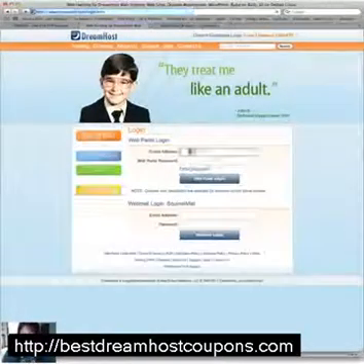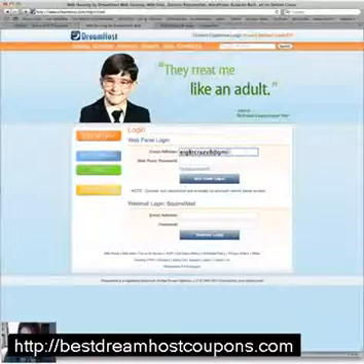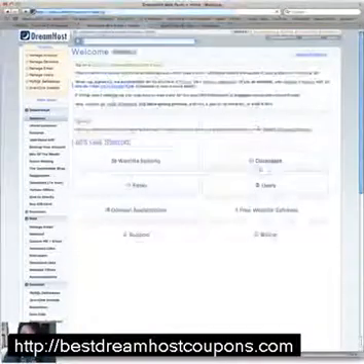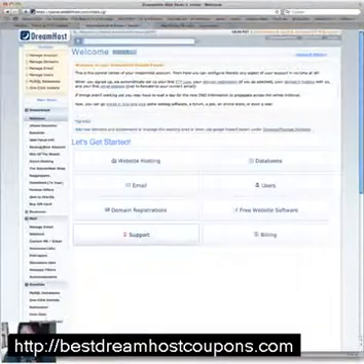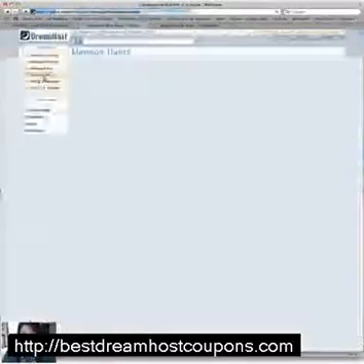ahead and click on customer login, and you're going to put in the information that you did when you signed up, your email address and your password. Click on Web Panel Login, and it's going to take you to a page like this, and you're going to go up here to Manage Users. Click on Manage Users,